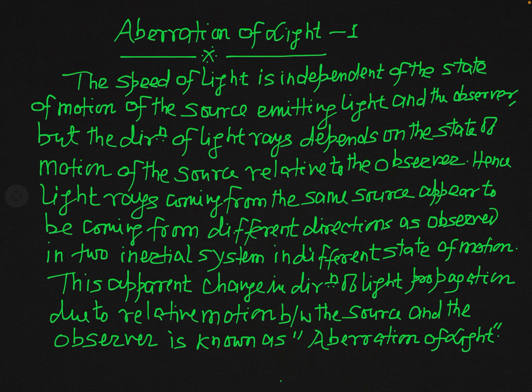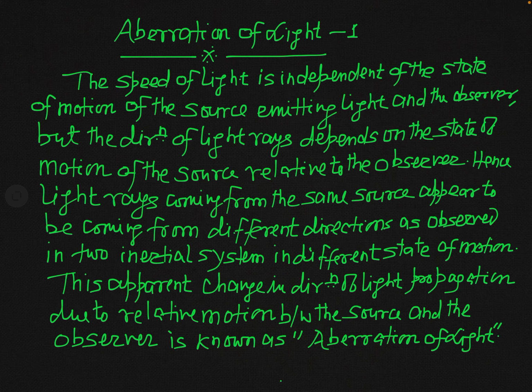relative to the observer. And so, light rays coming from the same source appear to be coming from different directions as observed in two inertial systems in different states of motion. So there is an apparent change in the direction of light propagation due to the relative motion between the source and the observer. This apparent change in direction of light propagation, or the direction of velocity of light, due to the relative motion between the source and the observer, is known as aberration of